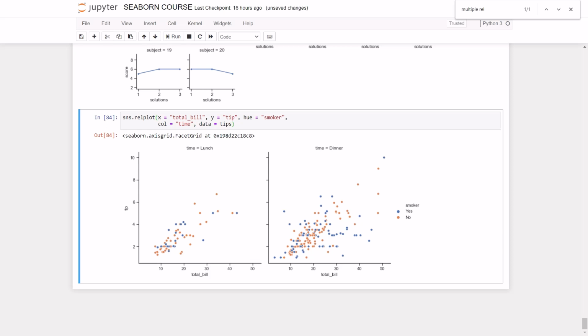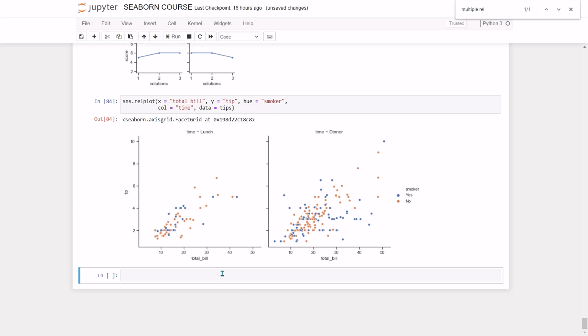Now we can also show the influence of two variables this way, which means that one is by faceting on the columns and the other is by faceting on the rows. So as we add more variables to the grid, we may want to decrease the figure size. So remember, we have the height and the aspect ratio. So again, we have done this earlier, but a slightly different example. So sns.relplot,